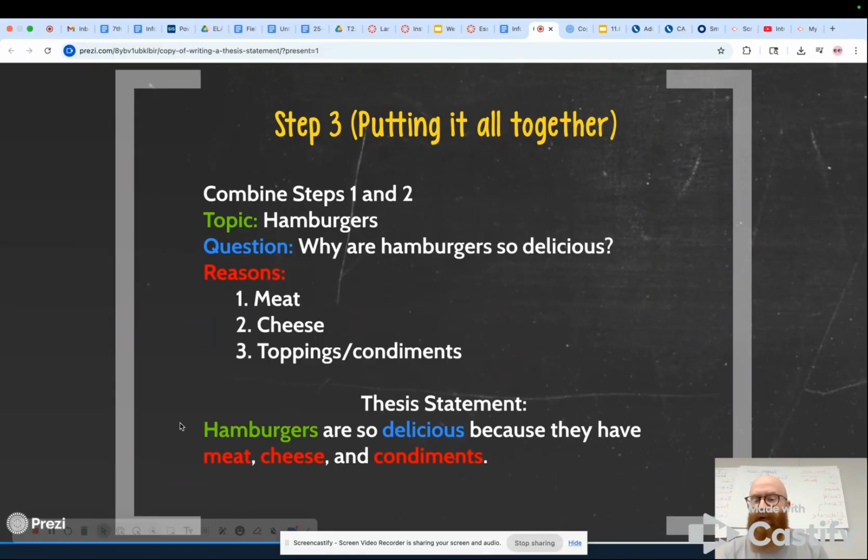Within your essay, you would have a paragraph about meat, a paragraph about cheese, and a paragraph about the condiments as well. If we're dealing with our cause and effect structure, you would have reasons for the cause, and you would have reasons for the effect. If you have a problem and solution, you would state the problem, and you would give 3 different solutions for it. So again, this is why our thesis statement is so important, because it establishes the structure of our essay and helps our